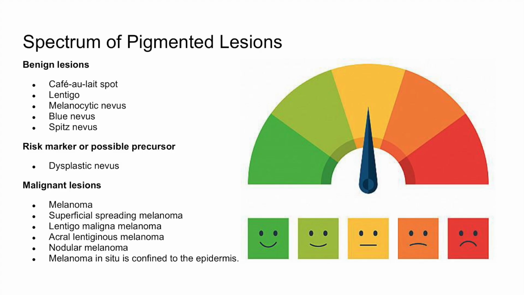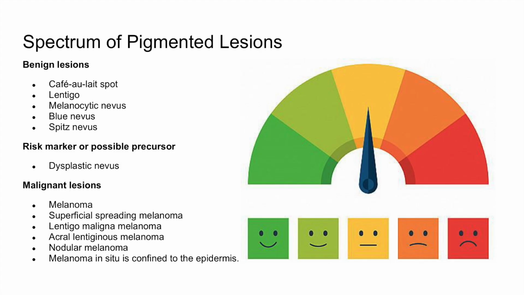However, most individual dysplastic nevi do not become malignant, and most melanomas arise de novo rather than from a pre-existing mole. Major melanoma subtypes include superficial spreading, lentigo maligna, acral lentiginous, and nodular melanoma. Melanoma in situ remains confined to the epidermis above the basement membrane. Once malignant melanocytes invade the dermis, the lesion becomes invasive melanoma and gains access to lymphatic and vascular channels, increasing